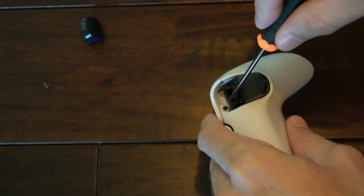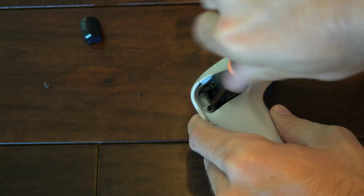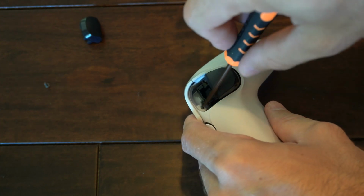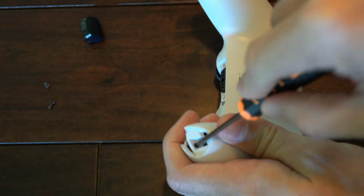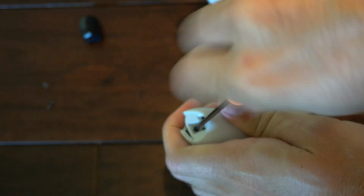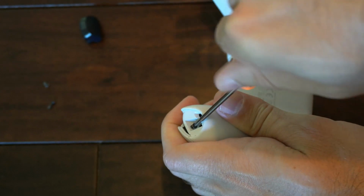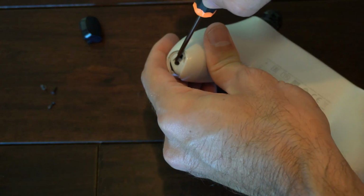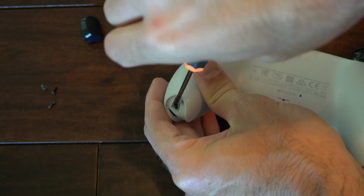and it won't fall back into the controller. And I would avoid doing this on the carpeting, because if you drop one of these screws, it's going to be completely lost in the carpet and very difficult to find. So try doing this on a countertop or a hardwood floor, so if something drops, you can easily see it. So we got one more screw here,